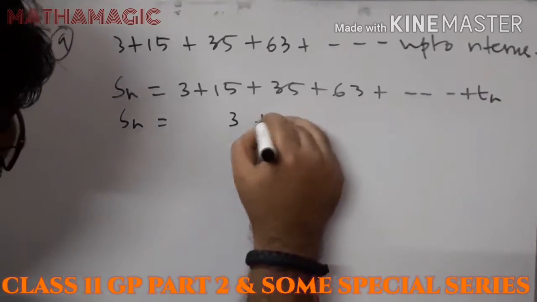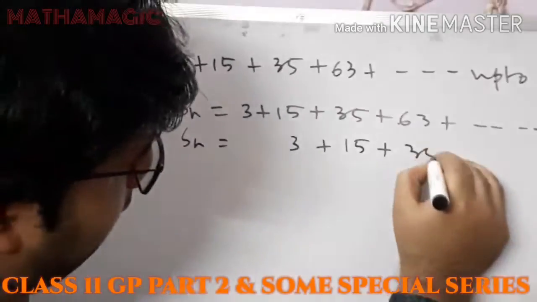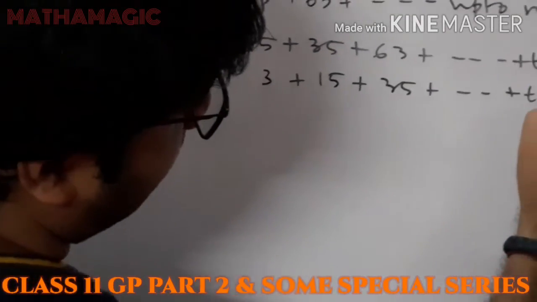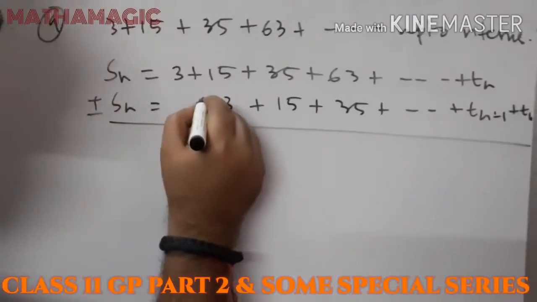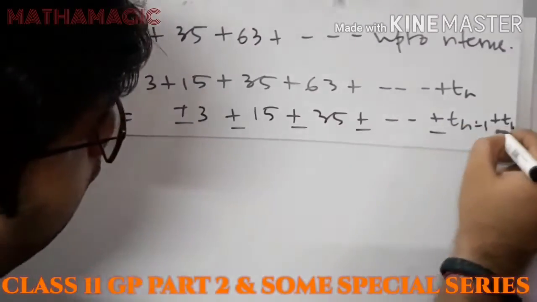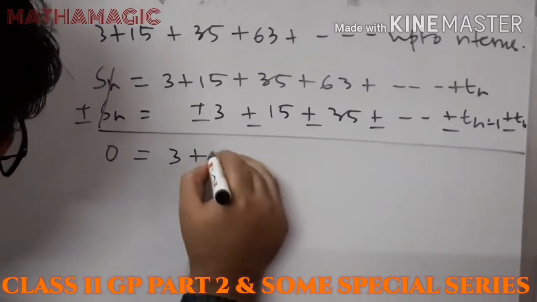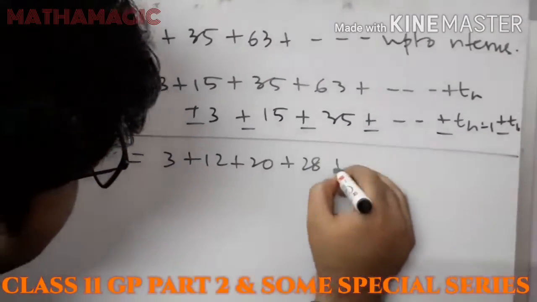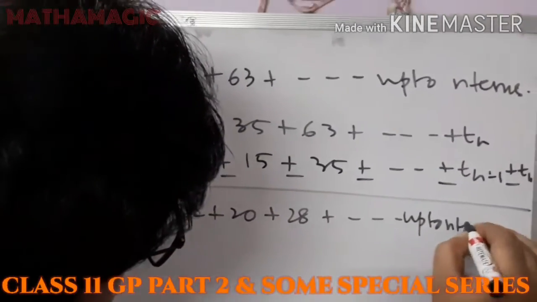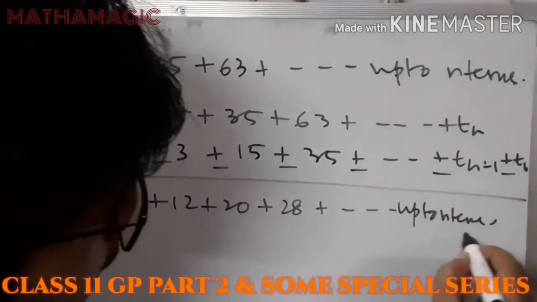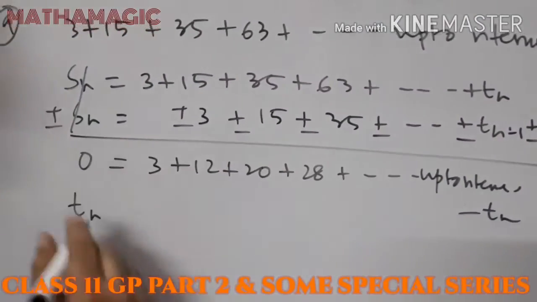So 3, but we will write it from here. We will start from here. So 3 plus 15 plus 35 plus, it will be T of n minus 1, then it will be T of n. So if we subtract these two series, what is the value? This 3 gets cancelled, it will be 0. 0 plus 12 plus 20 plus 28 plus up to n terms, minus T of n. Now if we take T of n on this side,